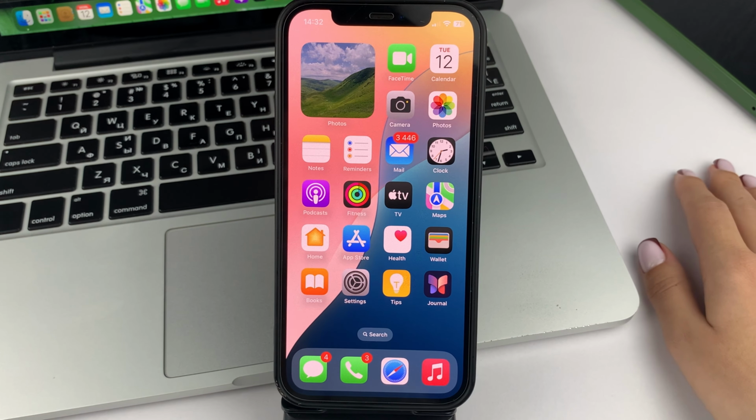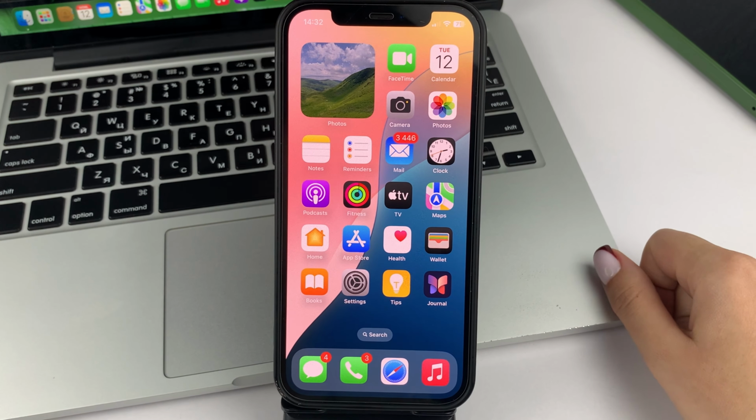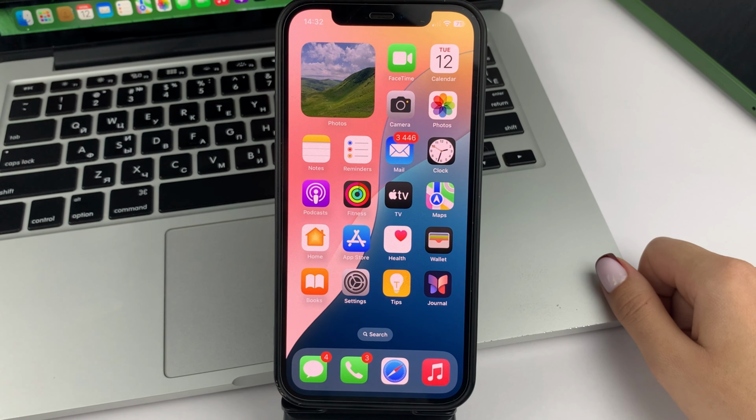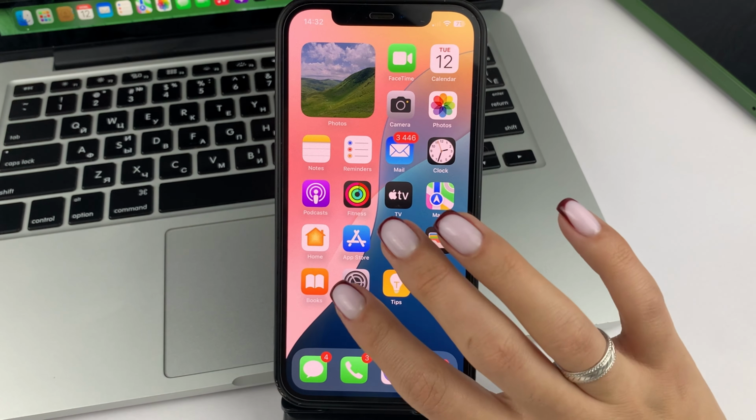So friends, if you're in some of the apps that you have installed on your iPhone and you have access to the camera, and you can take a photo or you can take a video, but you can't take photos or videos in those apps, it means that you don't have permission to access the camera in those apps. So how can you fix this situation?